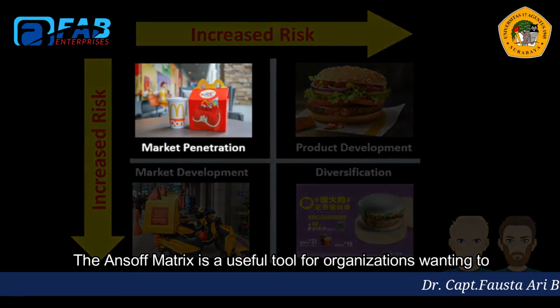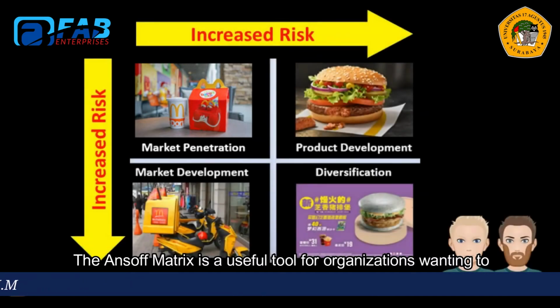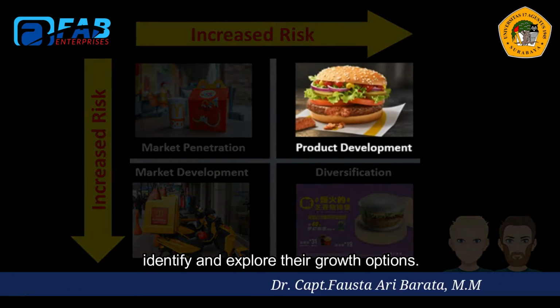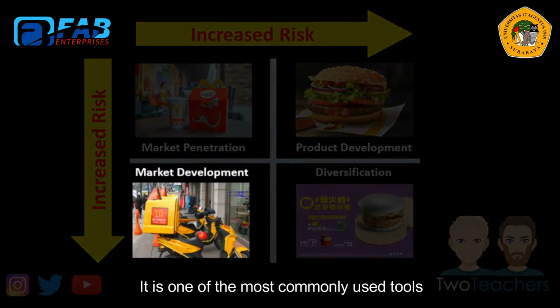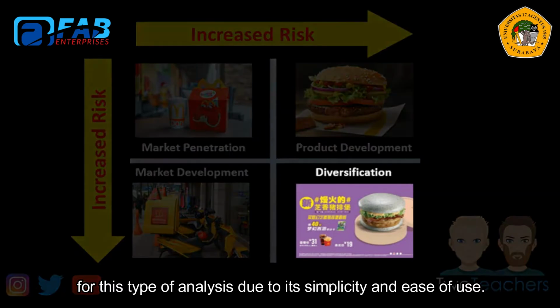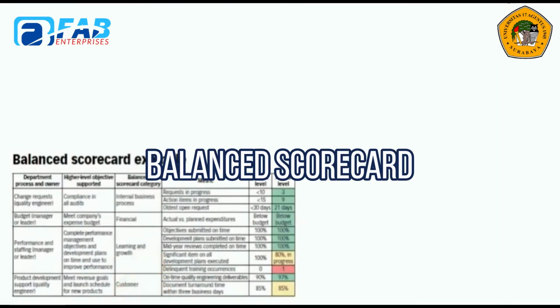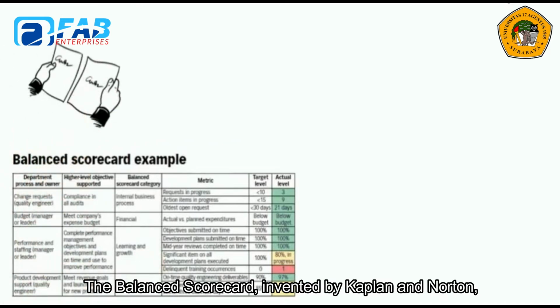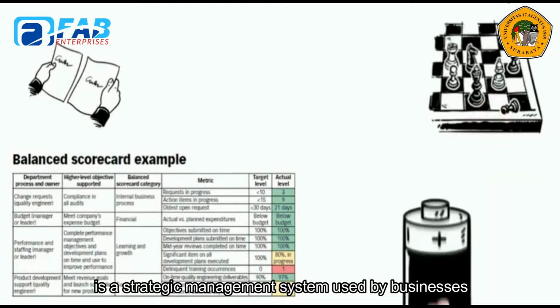The Ansoff matrix is a useful tool for organizations wanting to identify and explore their growth options. It is one of the most commonly used tools for this type of analysis due to its simplicity and ease of use. Balanced Scorecard. The Balanced Scorecard, invented by Kaplan and Norton, is a strategic management system used by businesses